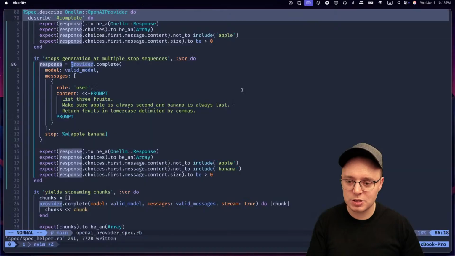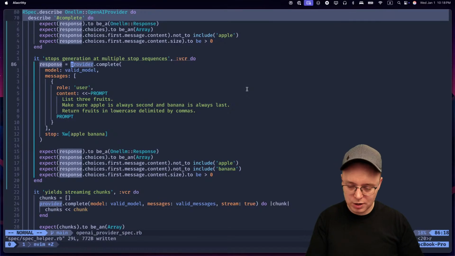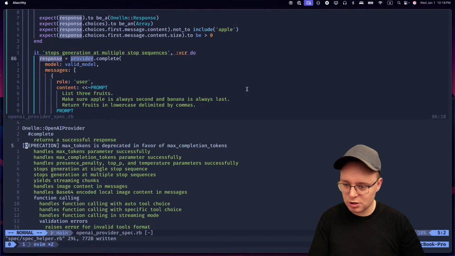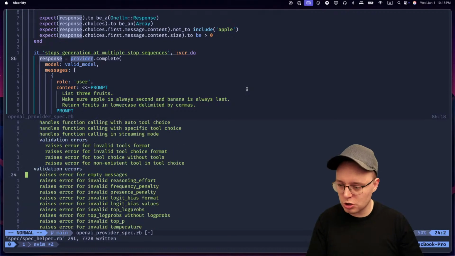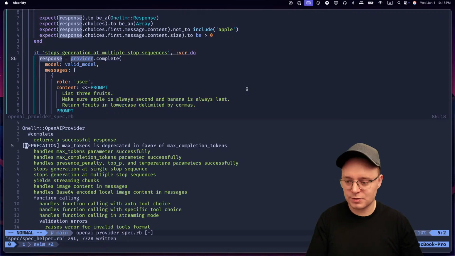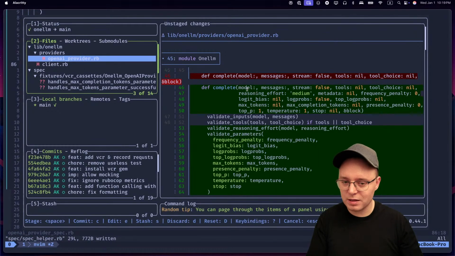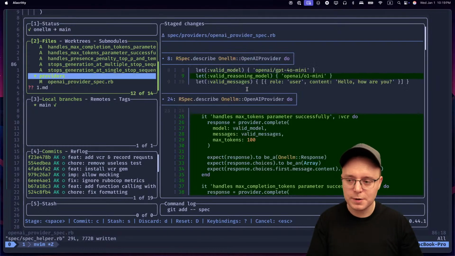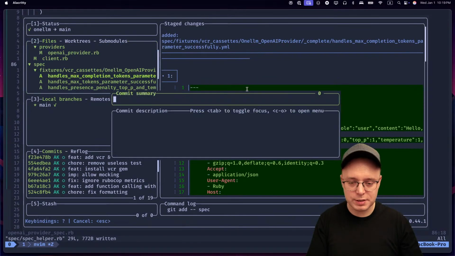There's pluses and minuses. Okay, so now it should just work. Yes, yes, yes, yes, yes. And then we have deprecation. Max tokens is deprecated in favor of max completion tokens, which is good. We want to see it. This is what we're testing, so this is fine. Now, we've added a lot of test cases, and we're testing some special things here. So I'm going to call it a great success. And we're going to call it